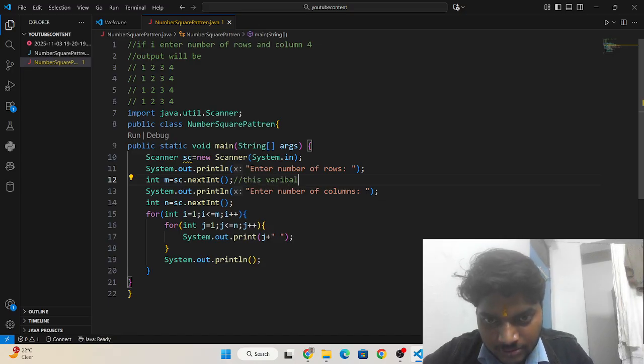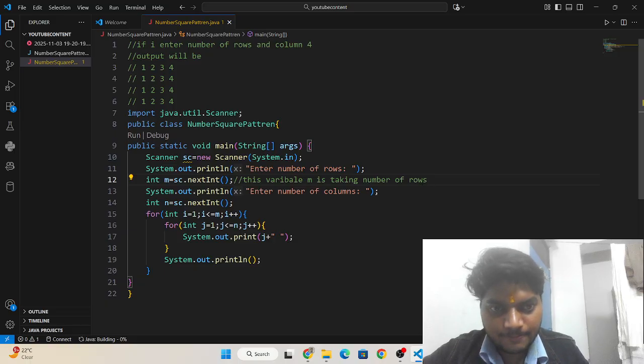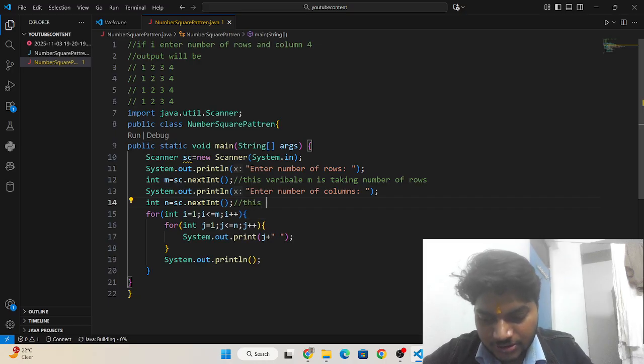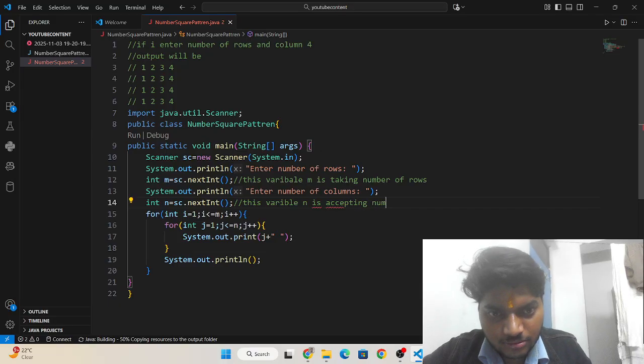A variable m is taking number of rows. Okay, and this variable n is accepting number of columns.